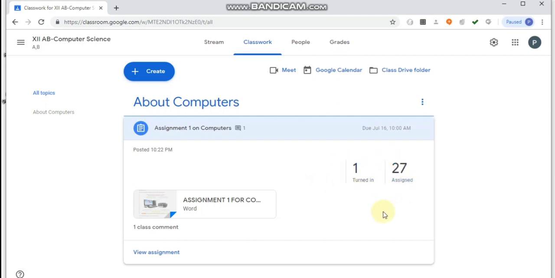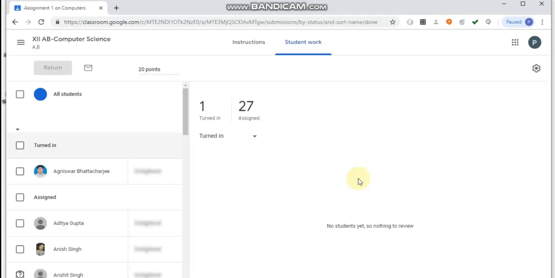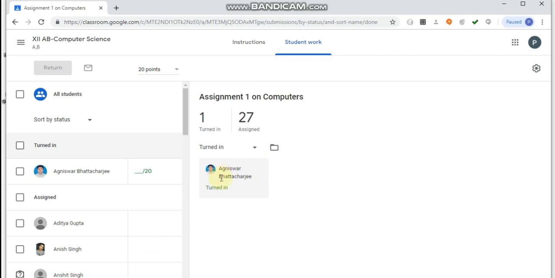The teacher has assigned to all the students, but one student has turned in and given the assignment back to the teacher. So the teacher will click here, on the one who has turned in, and then the teacher will be able to see that the student Agnishwar has submitted the solution.